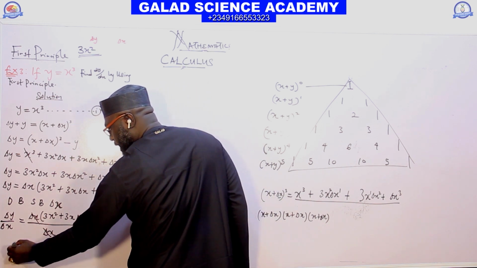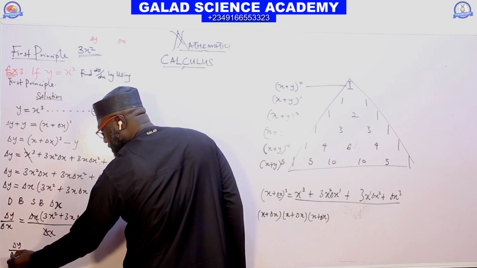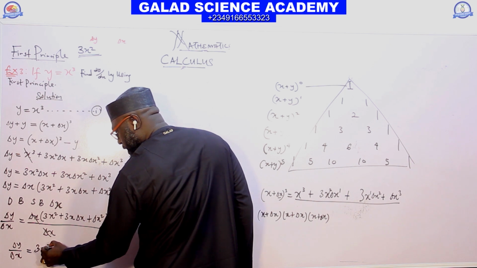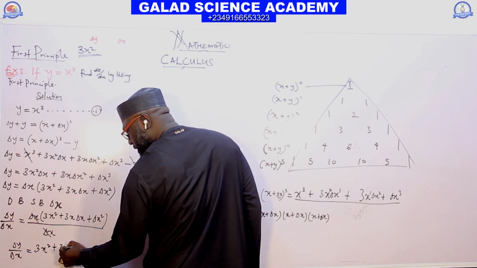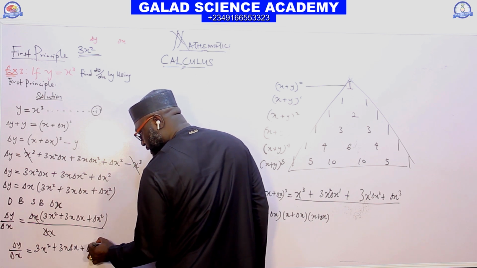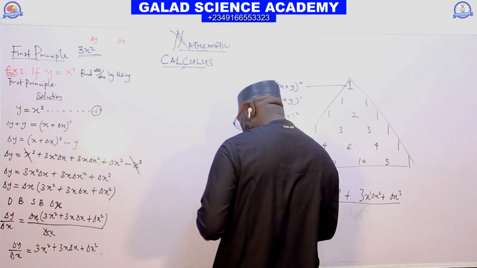To cancel each other, change in y over change in x is equal to 3x square plus 3x change in x plus change in x square. You will now say that